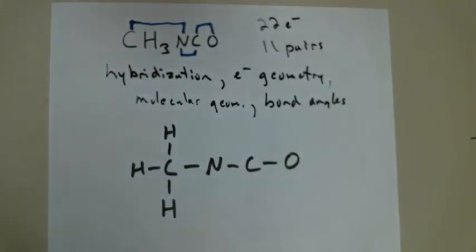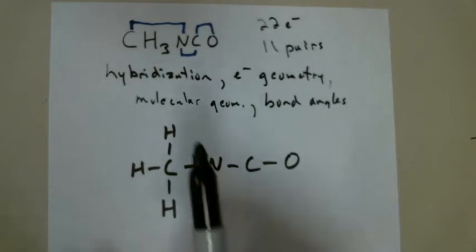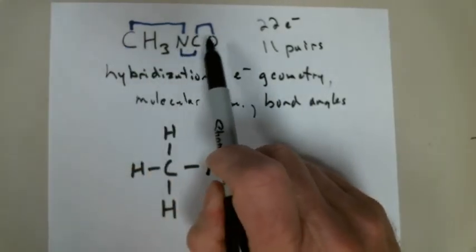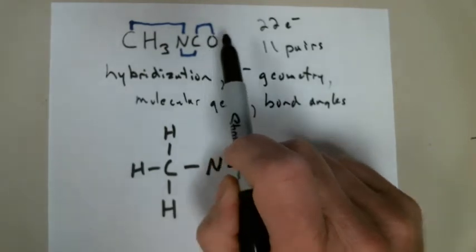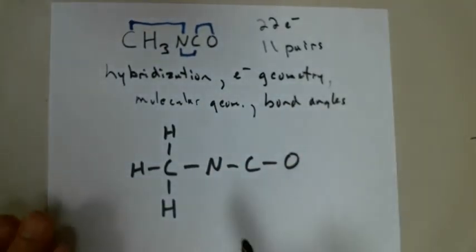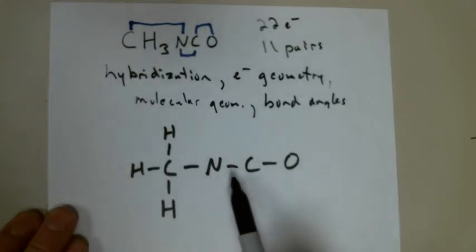Okay. Sorry I went through that so quickly. You just go by the group numbers, right? Carbon's in group 4, nitrogen's in group 5, oxygen's in group 6. You just add them up. You get 11 pairs. All right, so now when we look at this, 1, 2, 3, 4, 5, 6, we've